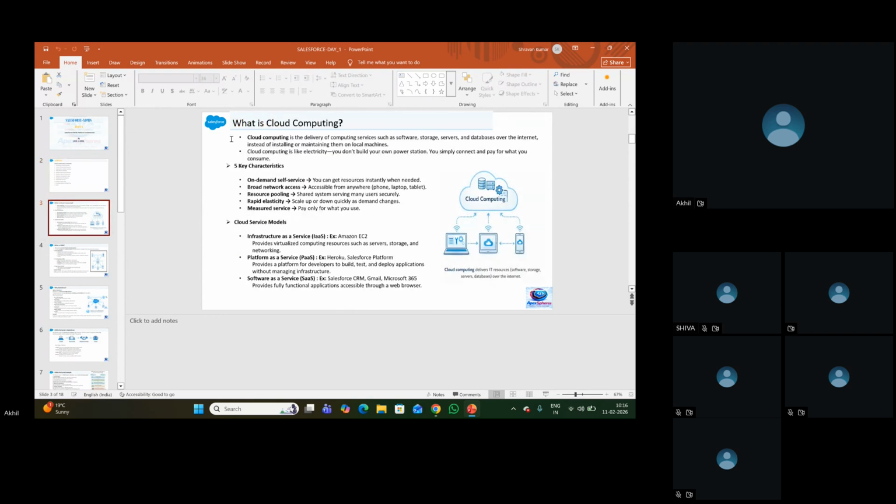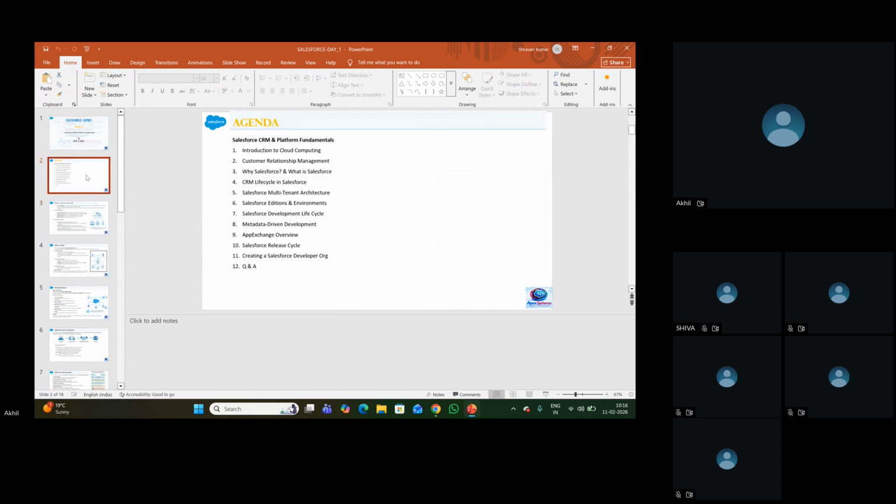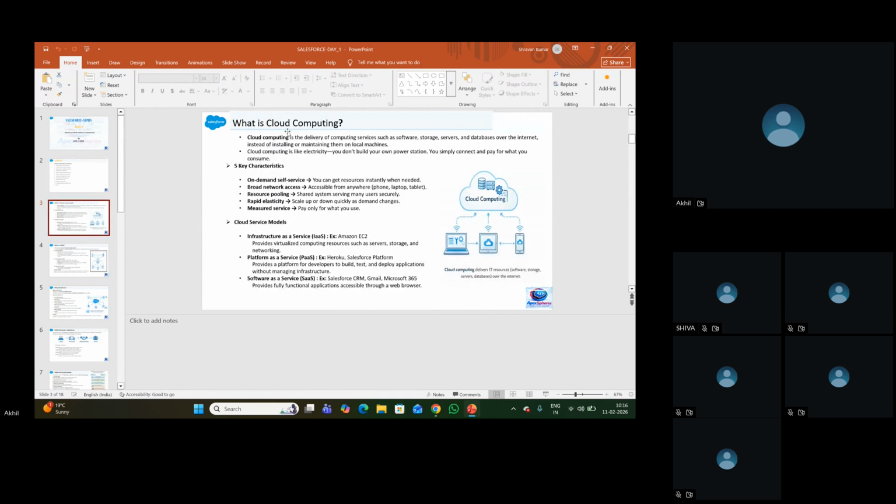So now start with cloud computing. Salesforce is basically a cloud computing concept. So we'll start from the beginning. What exactly is cloud computing? Cloud computing is delivering computer services, like software, servers, and databases, over the internet. Basically, cloud computing is something which is on the fly. We don't need to install anything in the local ecosystem to use things. It can be accessed through the cloud just with an internet connection. So we don't need to install anything.